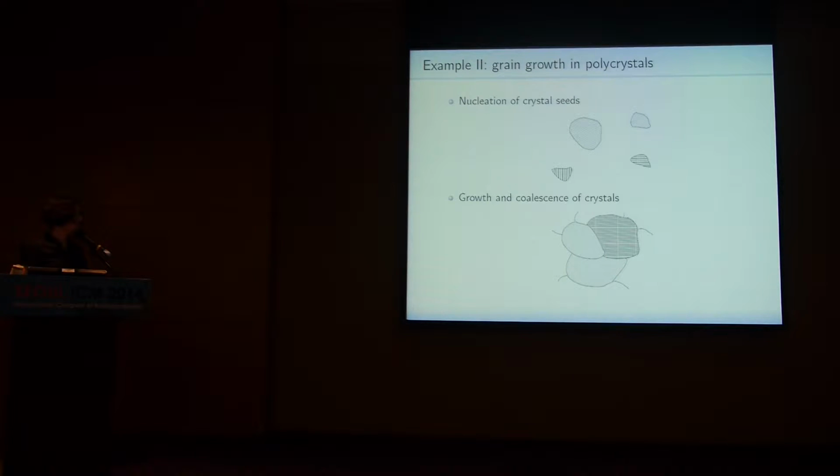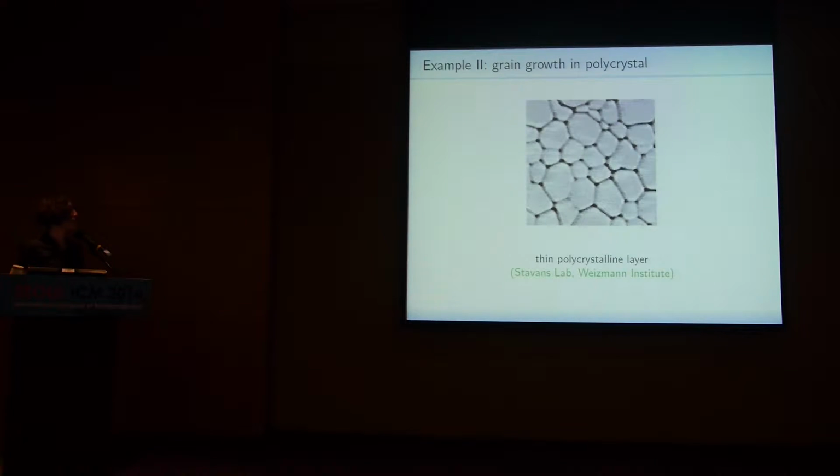But since these crystals have random orientation, where the two crystals meet, the underlying lattice in general doesn't match. And so this interface between two crystals again carries surface energy. And again, the late stage of the evolution is driven by the desire of the system to reduce this surface energy. And here this happens in a way such that the atoms migrate along the grain boundaries. Okay, here it's really a two-dimensional picture. We will always discuss the two-dimensional picture.